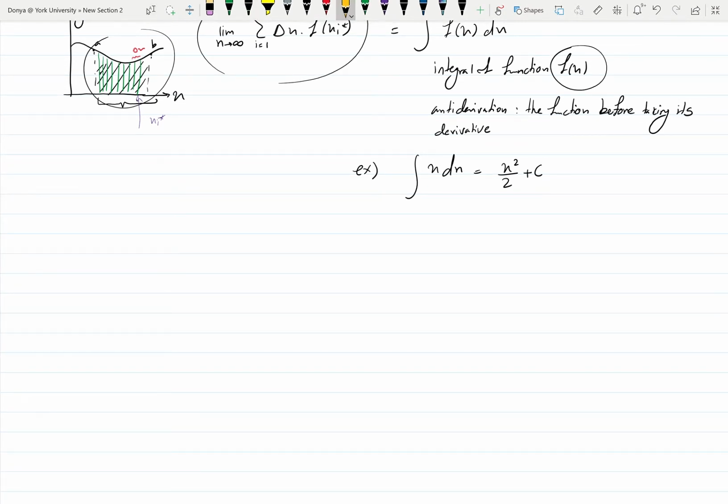What we see here is an example of an indefinite integral. An indefinite integral is an integral that does not have any bounds on it. Bounds meaning a number here or a number here. So this integral is missing these, which means it's an indefinite integral. And to do this, we always add a constant of integration, which is represented by c. And we also have this, which is the antiderivative of